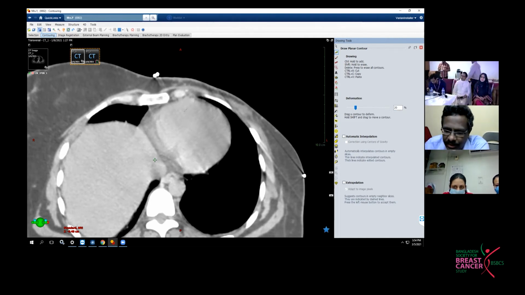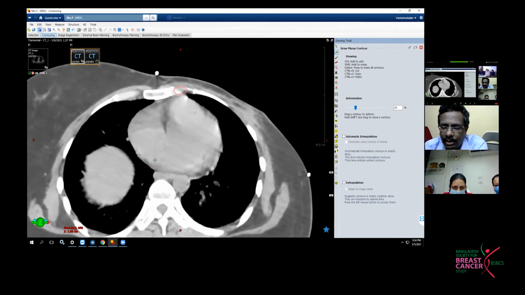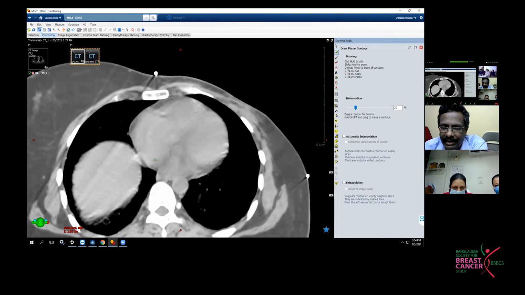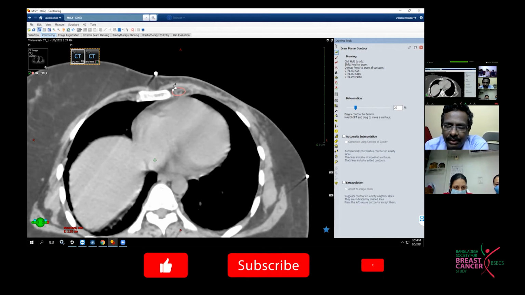Regarding the electron depth you are asking, maybe you can have an imaging where you can see the depth, or you can use an ultrasound to see the depth, and you can calculate the electron energy needed. But whenever the surgeon does a wide local excision, definitely they should put clips in the post-op bed. If the clips are not there, it becomes very difficult for you to control the tumor bed growth. So clip placement is very important, which you need to stress to the surgeon whenever they go for a breast conservation surgery, whether it is post-neoadjuvant or upfront surgery.